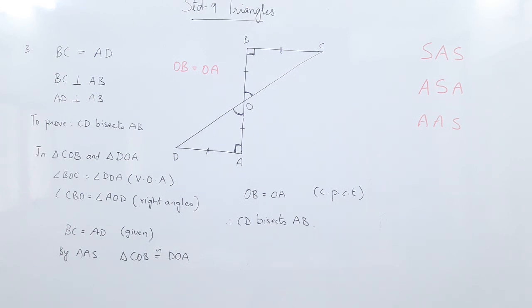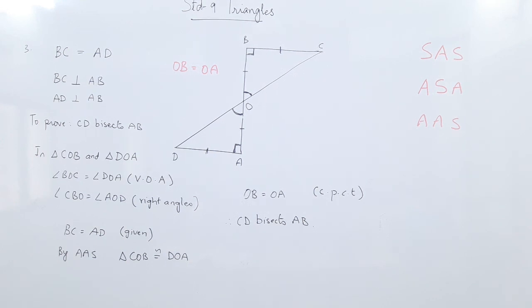So I have done a few sums for you, and I am going to leave the remaining sums for you to try. It is for you to try out the sums, work it out, okay? And again, as a sequence, whatever is the problem given to you, first you will draw the diagram, look at the diagram and choose the triangle. Whatever is given in the triangle, you will write down in the proper order, and then by showing which theorem or which axiom you have chosen, you will prove the sums.